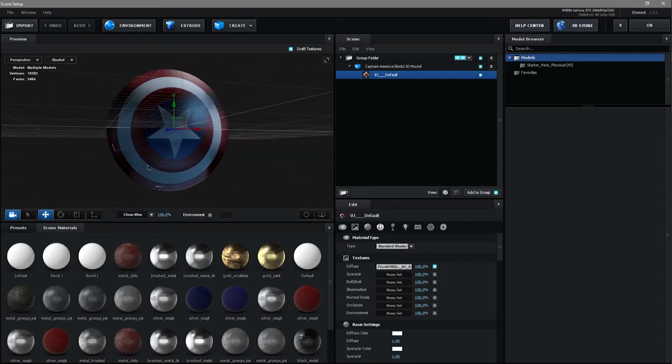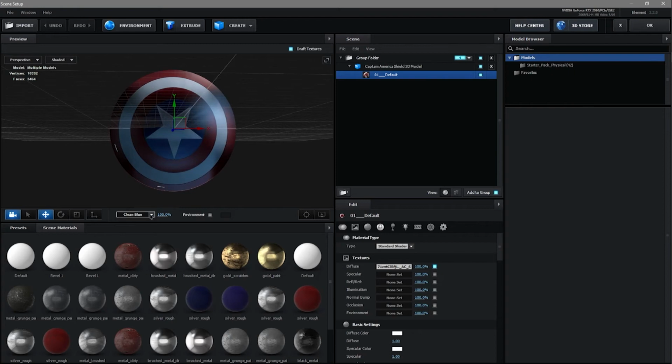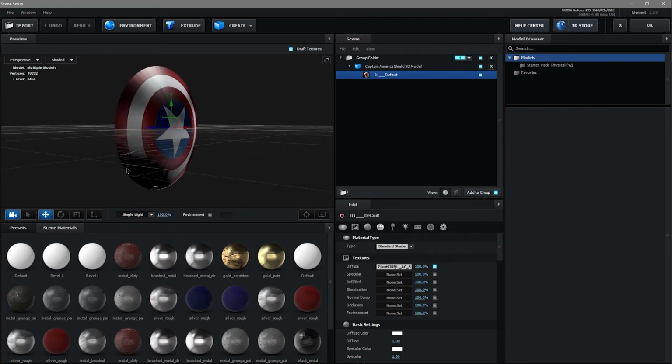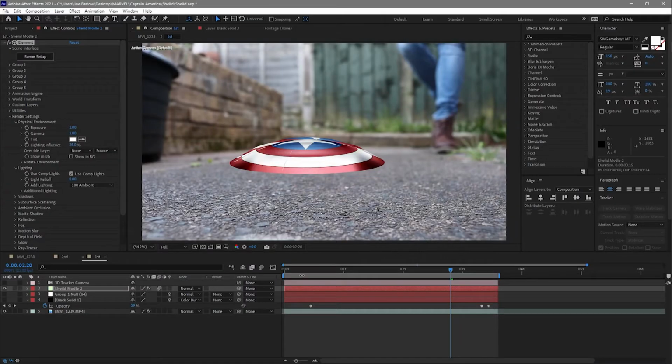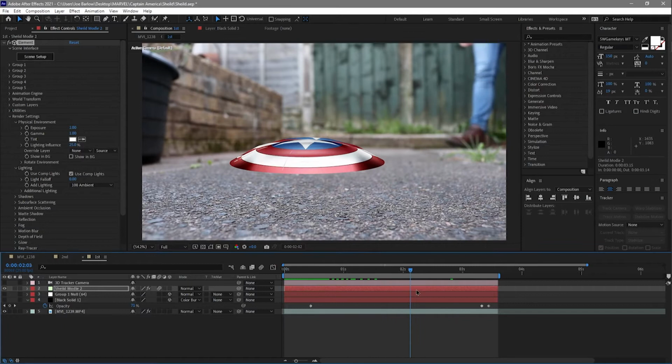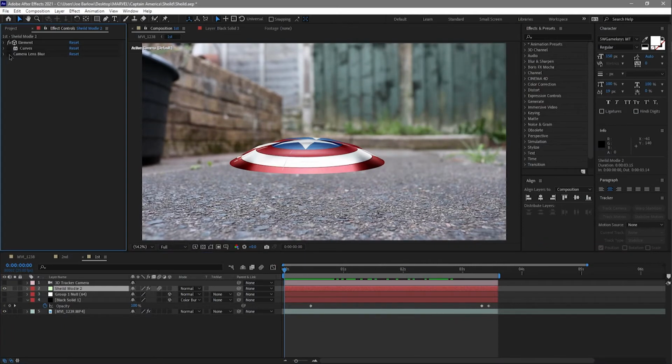Which did mean I had some little artifacts here. I assume this is something that wouldn't have happened if I used the provided textures, but it worked. It did what we needed. So we went ahead and left that as it was. So once we had this, we went ahead and added that camera lens blur to match that focal distance, and I also added a curves just to add a bit of color correction to it.